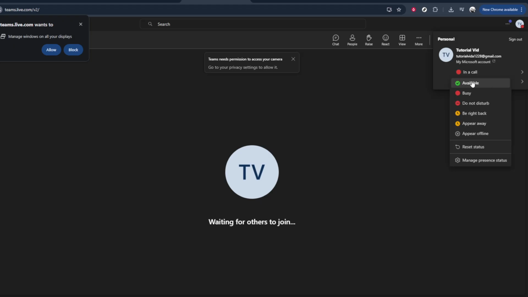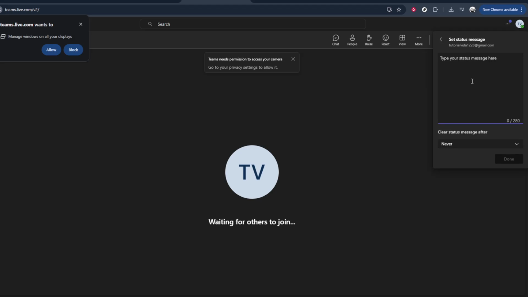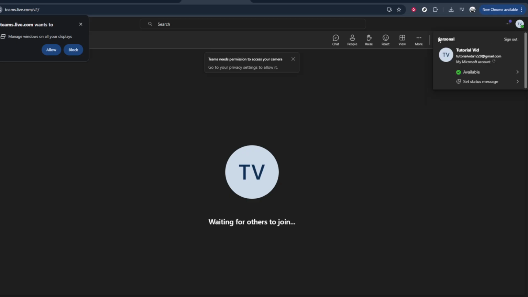stay connected. Now, look towards the upper right corner of the Teams window and click on your profile icon. This is usually a circle with your initials or a picture. When the profile menu opens, click on your current status. This might say available, busy, away, or something similar. A small list of statuses will appear